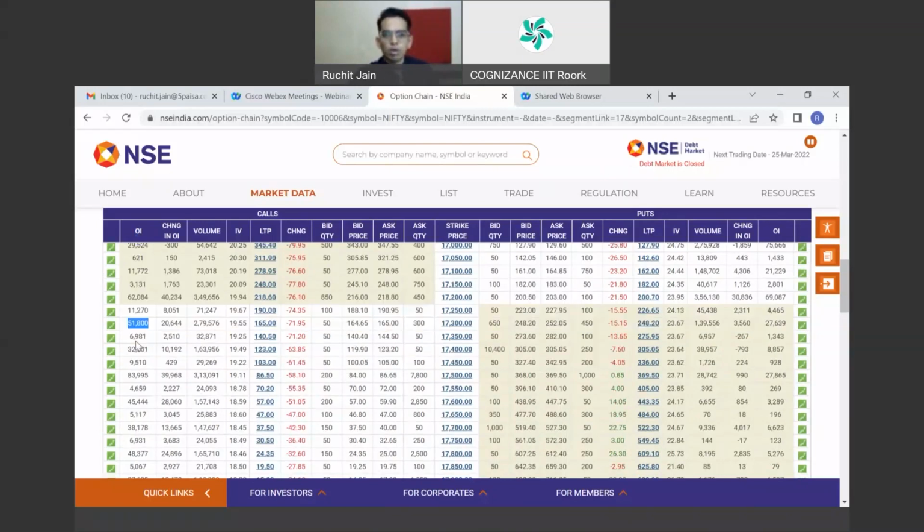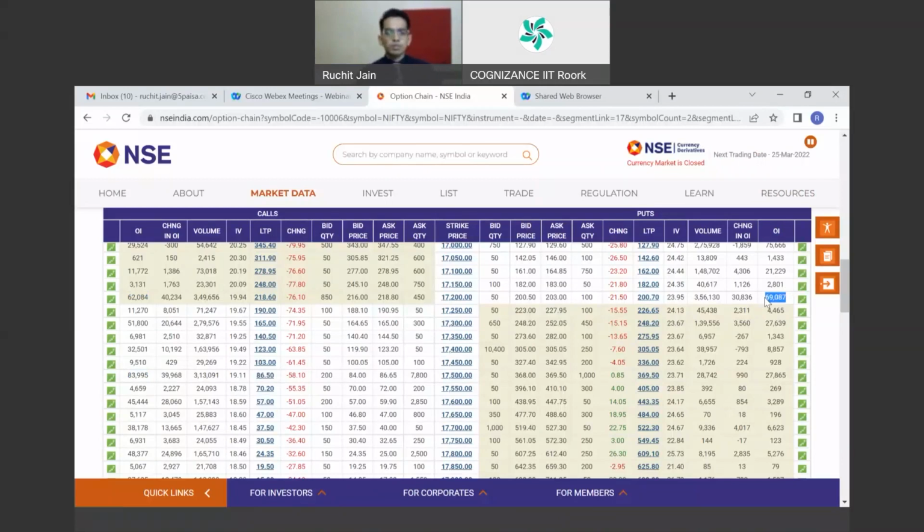Now this is change in open interest. The second column which you can see, change in open interest, means how much the open interest has changed compared to the previous day. Similarly, on the put side, the last column is also OI, open interest. On the left side is the call options open interest, and on the right side is the put options open interest and put options change in open interest. So at 17,200, 62,000 contracts is the 17,200 call options open interest, and 69,000 contracts is the 17,200 put options open interest. Now, how to read this?